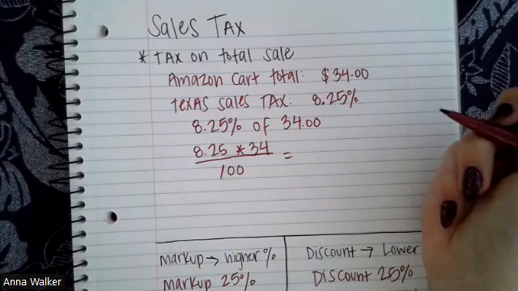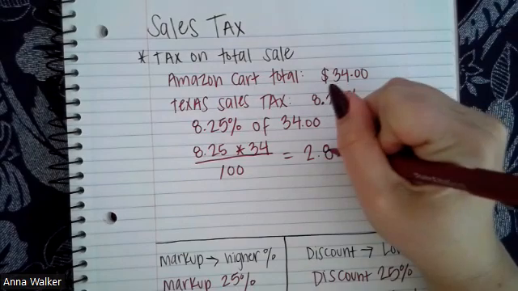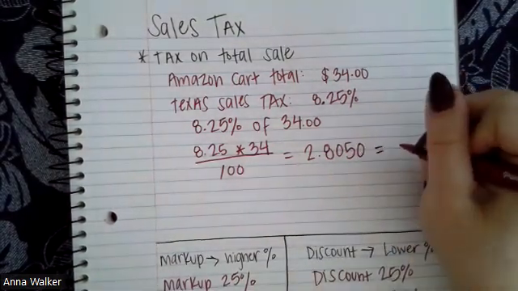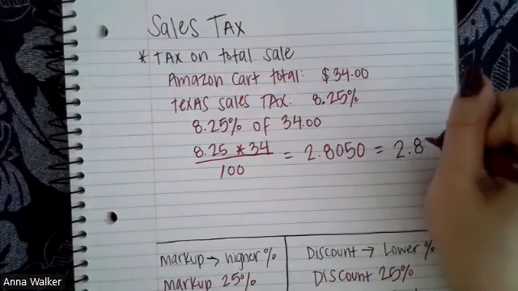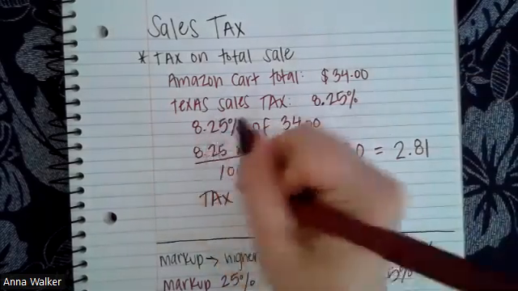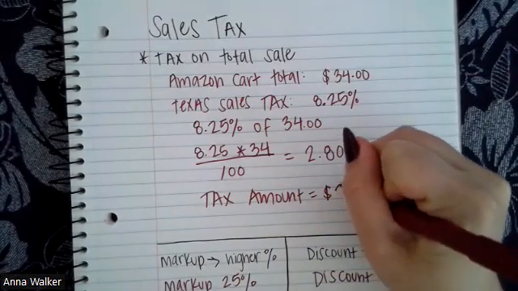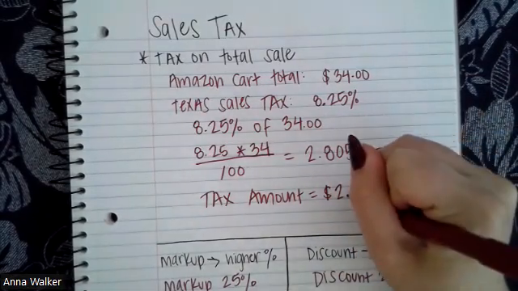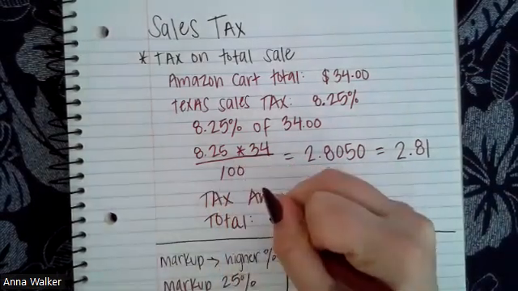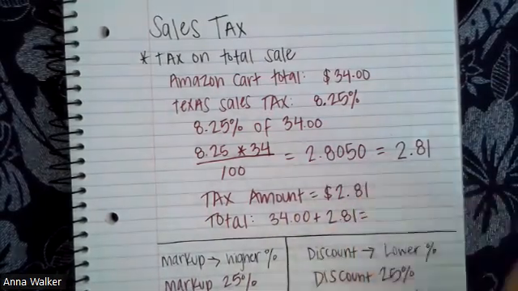This is equivalent to about, well, before I round it, it's going to be 2.8050. Now, when we're talking about money, we want to round it. So this is about 2.81 if we round it to the nearest hundredth. That means our tax amount, the amount that's going to be added on in taxes, is about $2.81. So our total after taxes is simply going to be the $34 plus the $2.81, which is just